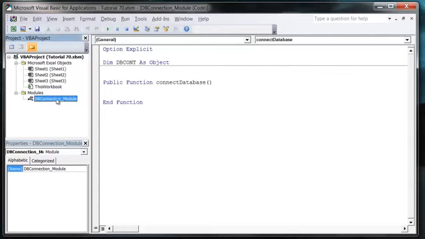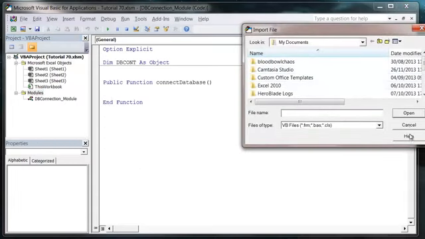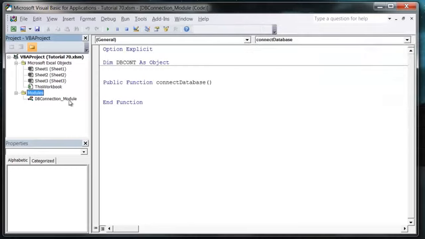So I'll also export this module and save it in my sample code, and then when you come to use it, just go Import File. Select the file that you've downloaded with this module, and you can just import this module, so you're not going to have to type it out if you don't want to. So we're then going to set our object dbcont, or database connection, equals CreateObject,